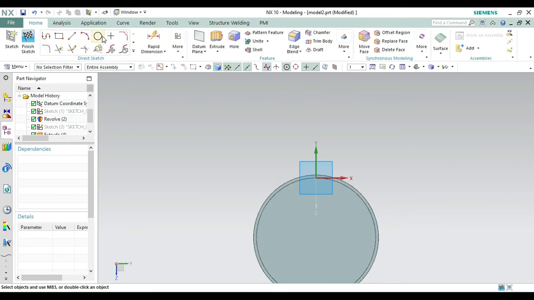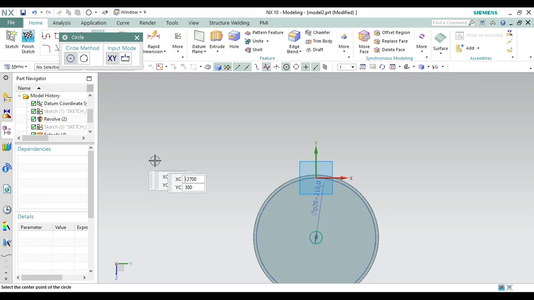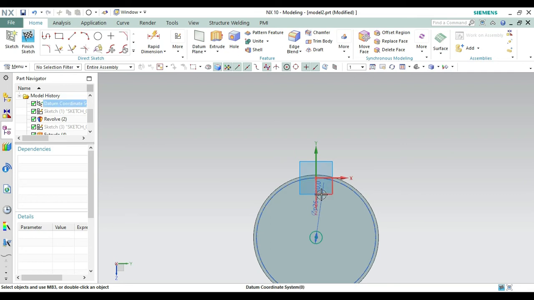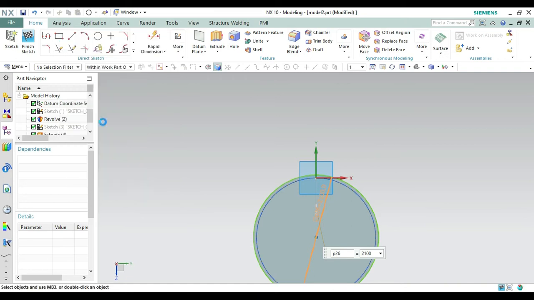Then again going to the circle command, same process, 2100 from this side also. Okay, it was converted into 210. Let's check it out, double click on it and make it 2100, like this one, and let's close it.